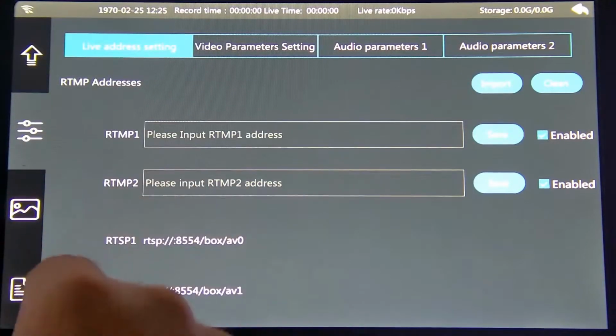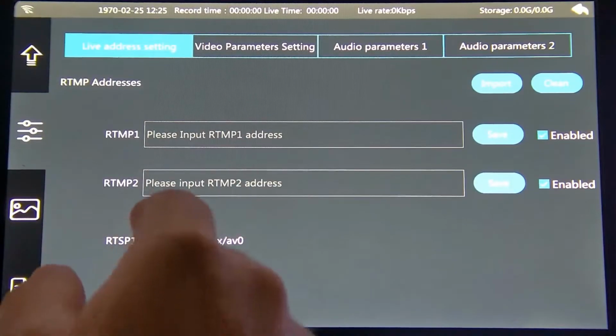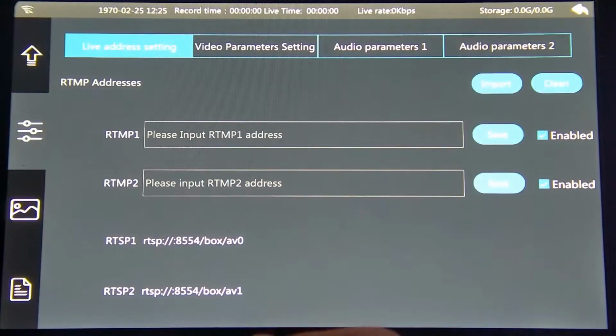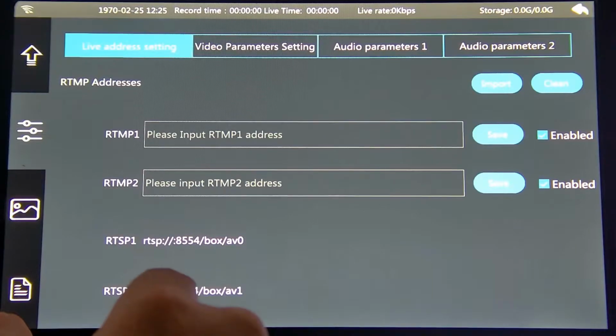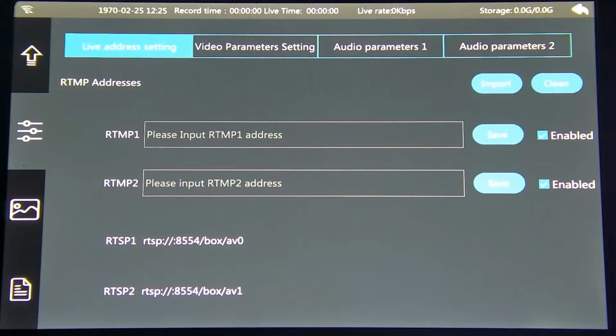We can stream to 2 different destinations, 2 RTMP destinations, so we can stream to Facebook and YouTube at the same time. We also have RTSP outputs. This is one way of connecting to like a decoder. So if we wanted to connect to the PTZCam SDI decoder to get an SDI output out of the system,